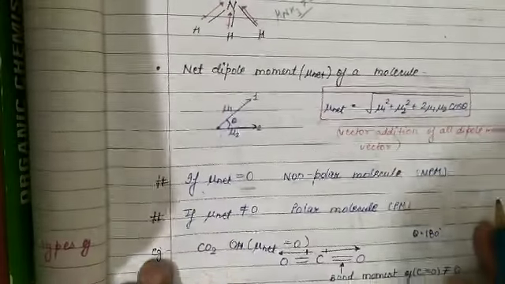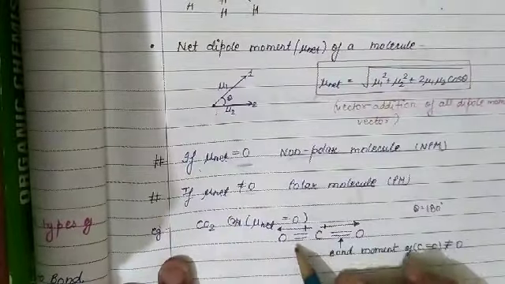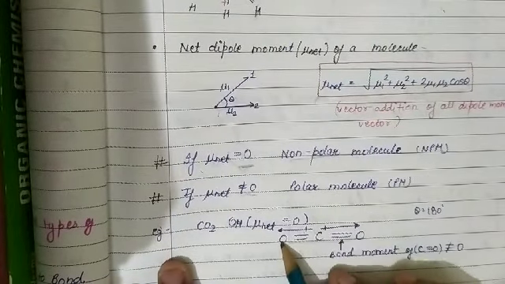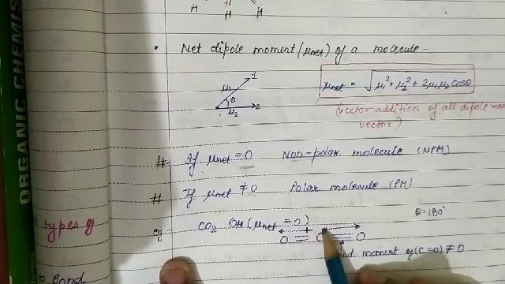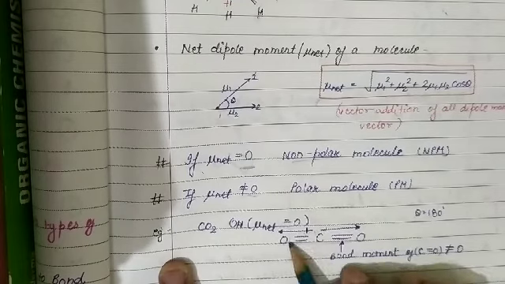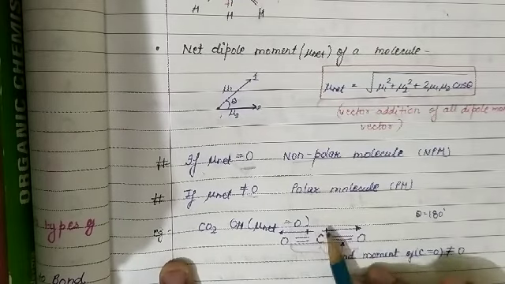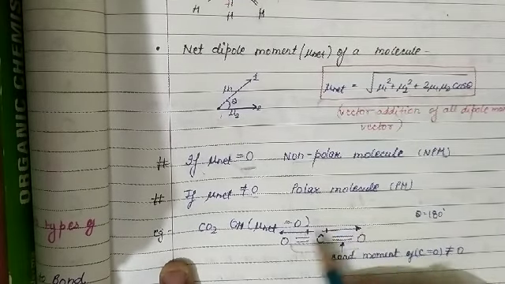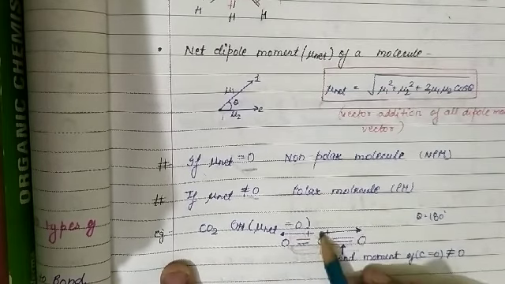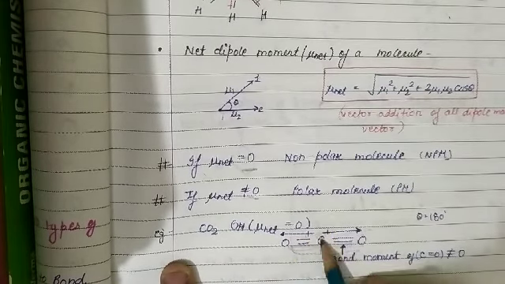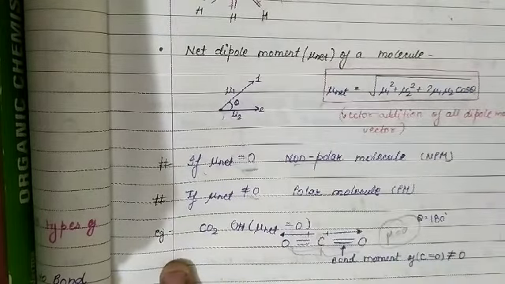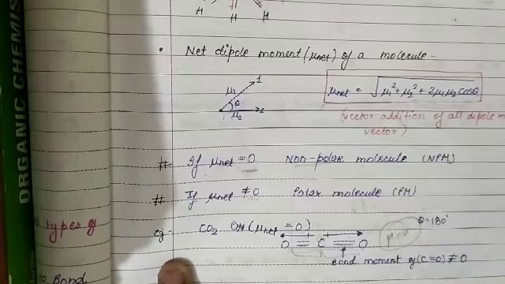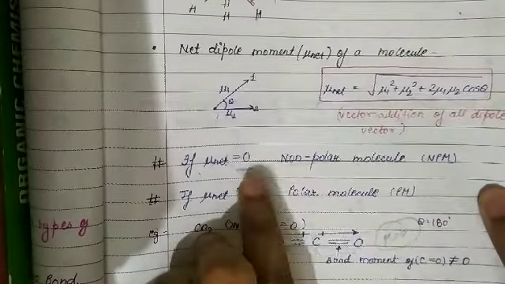See the example of CO2. CO2 is linear, oxygen is more electronegative, so it carries negative charge and carbon is positive, with direction from positive to negative. Also in this pair, one pair this and one pair this. Again, positive and negative directions. As we see, these pairs are the same, but vectors are equal in magnitude and opposite in direction. Therefore the dipole moment is 0. So vector sum is 0, therefore dipole moment is 0. So in this case, CO2 dipole moment 0 means it is a non-polar molecule.